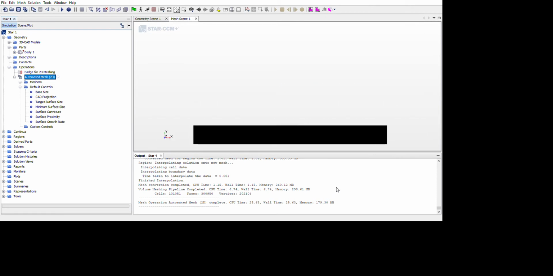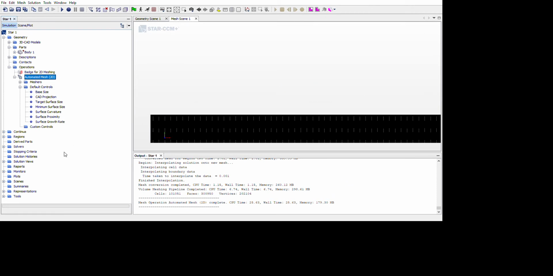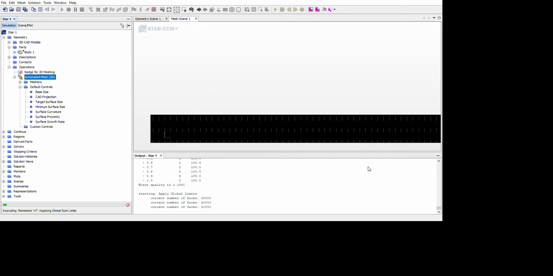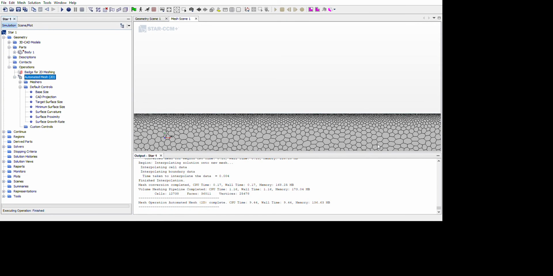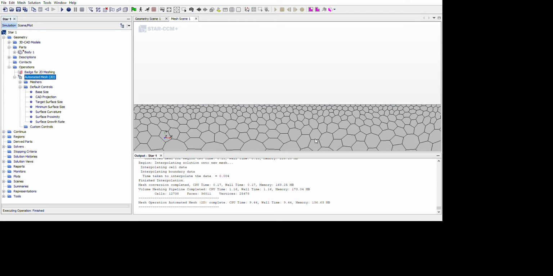Now in this small base size mesh, I'll show you how the surface growth rate varies. If I give it as 1.3 and execute it, I hope you can clearly see the image now.